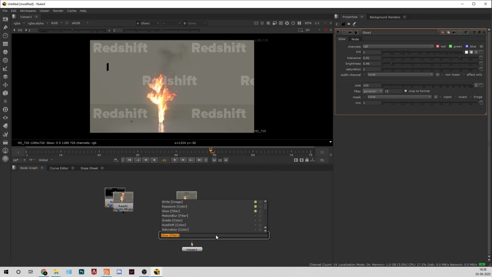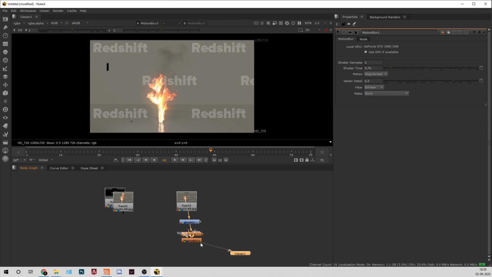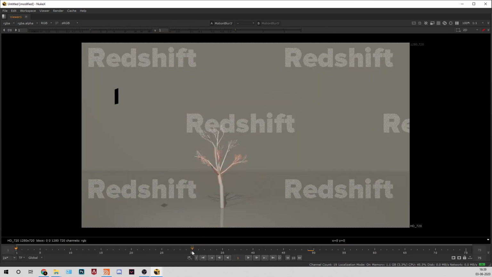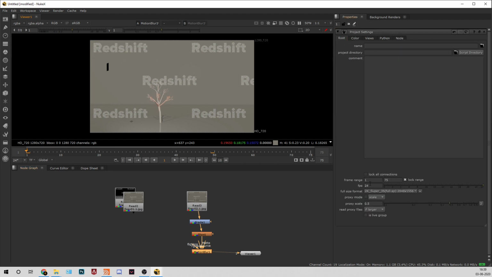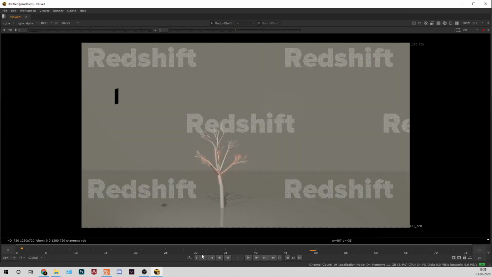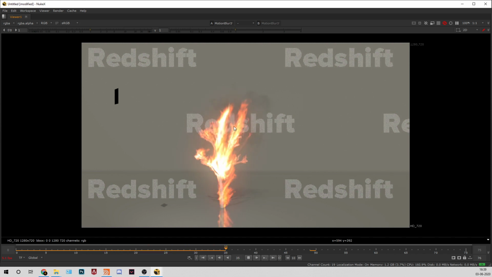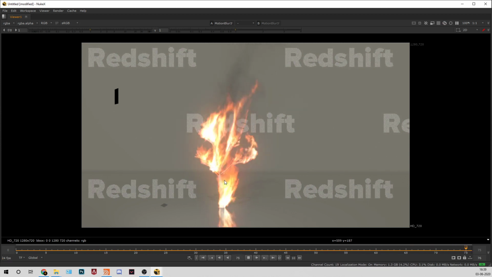Yeah, and one more thing, motion blur, which I like in this one. You can use your motion vector pass also for this thing. And if I play, I want this to start from frame 15 or maybe frame 20. You can see, so we have that motion blur also, we have this smoke also, and we still have that crispiness of fire. You can see.